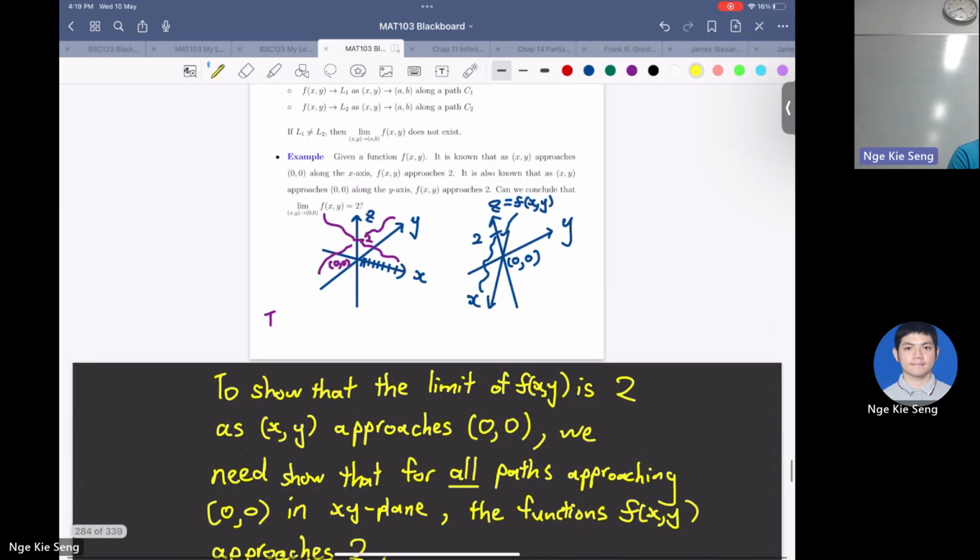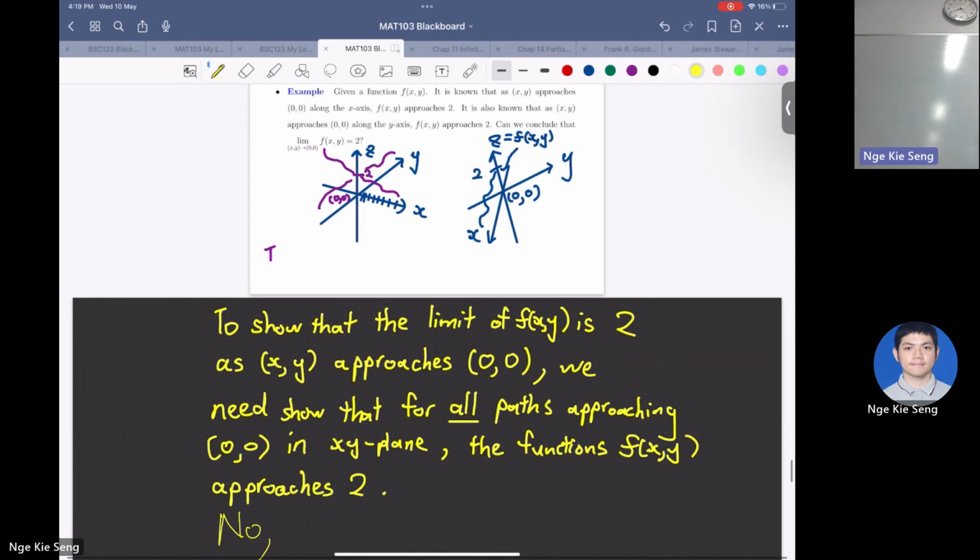So, just now for this limit, we haven't written down the conclusion, although we keep mentioning it. If you just prove that along two paths f(x,y) approaches 2, that is not enough to deduce that the limit of the function of two variables also approaches 2, because you need to take all paths. So the answer is no. We cannot conclude it